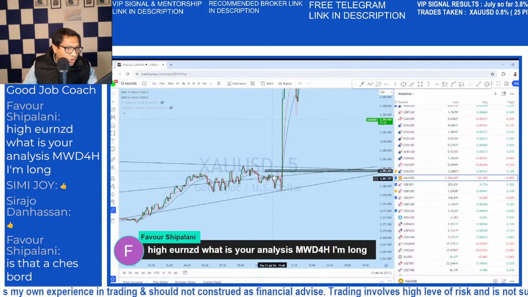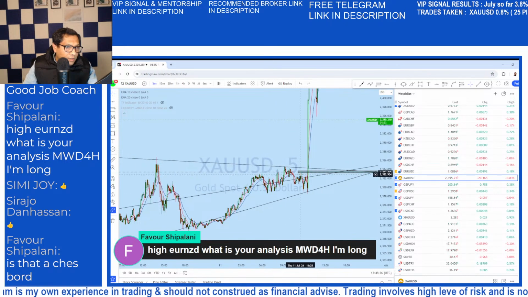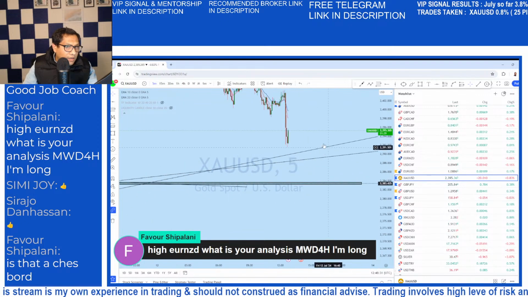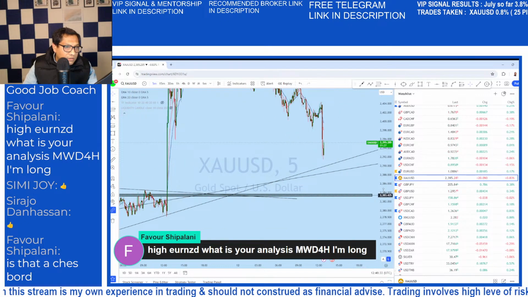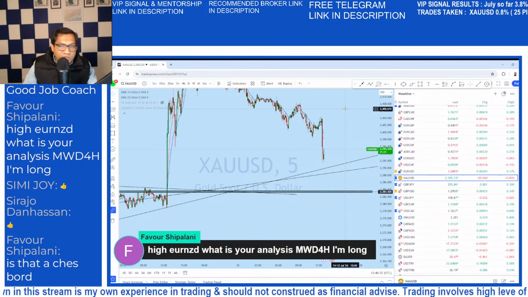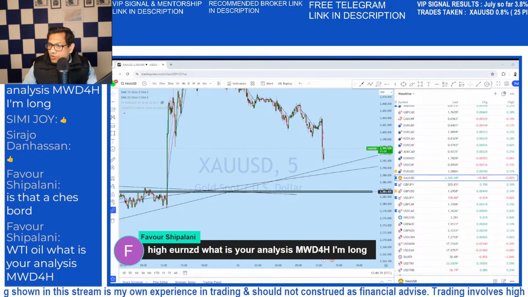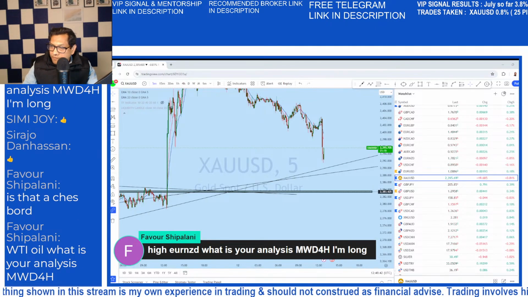See, this is a narrow doji. This is where the smart money bought from. And if the market comes down, retesting, then we can look for another entry. Are you with me? Thank you.